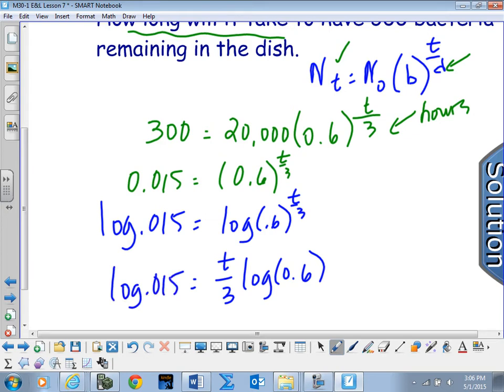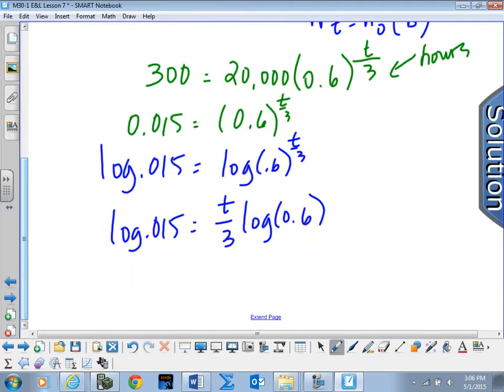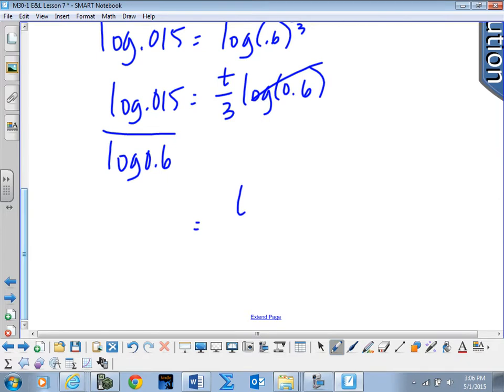And we want to isolate T, so we can do this in 2 steps, or 1. You could see that we need to divide by log 0.6, and that will cancel here. So we have T over 3 equals, I guess we could calculate this now, or times it by 3. So I'm going to calculate it and then times it by 3. Log 0.015, close bracket, divided by log 0.6,